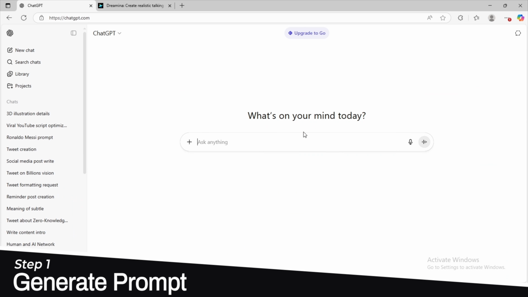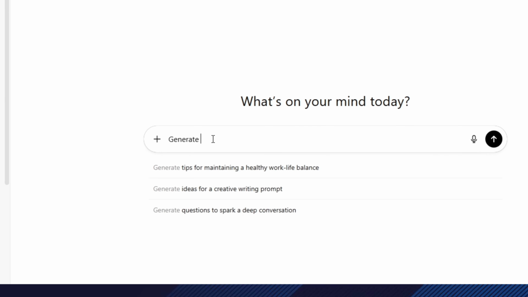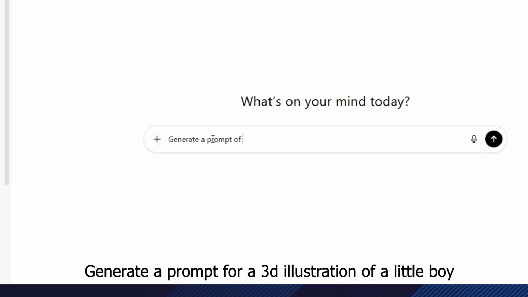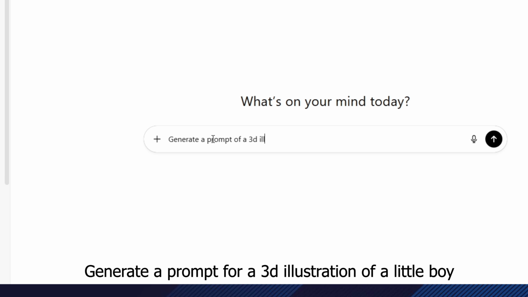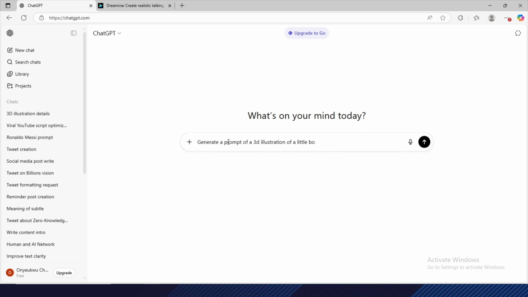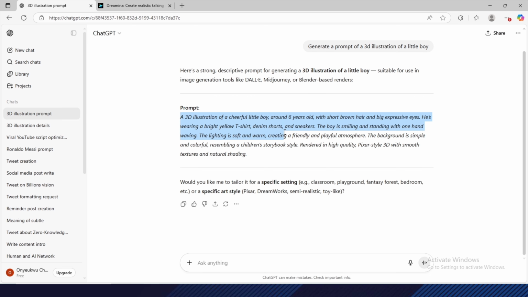First, we need a prompt. Head over to ChatGPT and type something like we are going to use this for our example, so send your prompt. Our prompt has been generated successfully, so let's copy our prompt because we are going to go into the